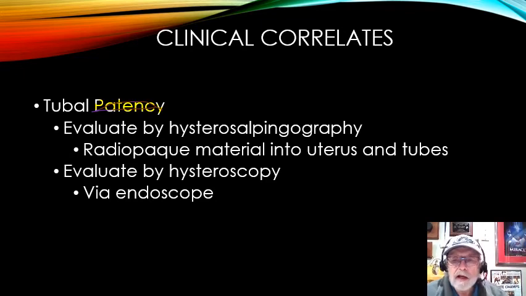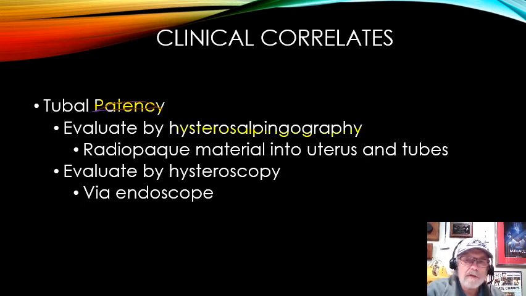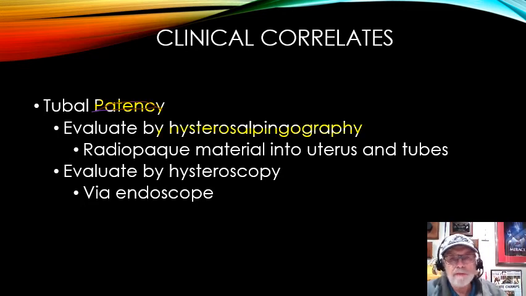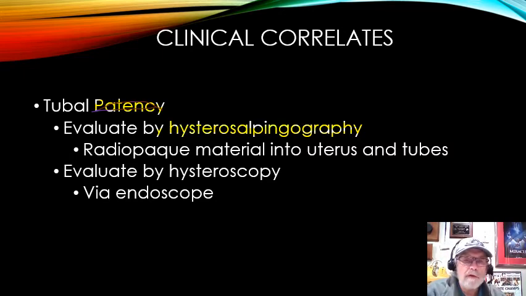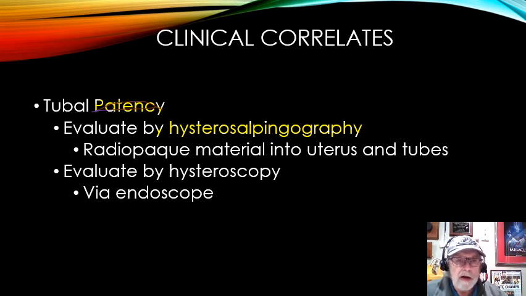They could actually take a tube and put it up inside the uterine cavity and put dye in and watch the dye come out through the area of the tubes, and that's called hysterosalpingography, which is something you might be involved with if you do some type of interventional radiology down the road. Or they could look inside with a scope, a hysteroscope, where they can actually look inside. Hystero is a word root that means uterus.